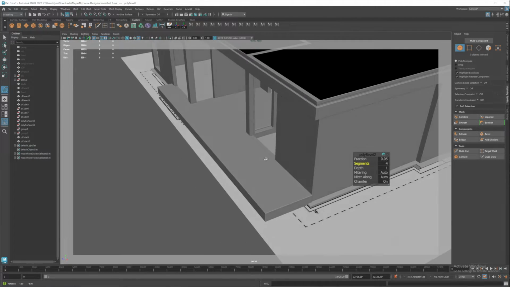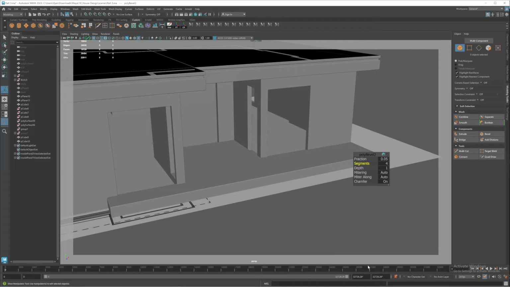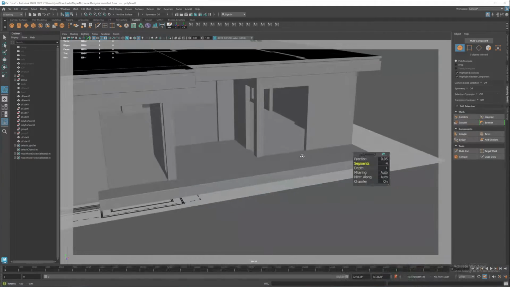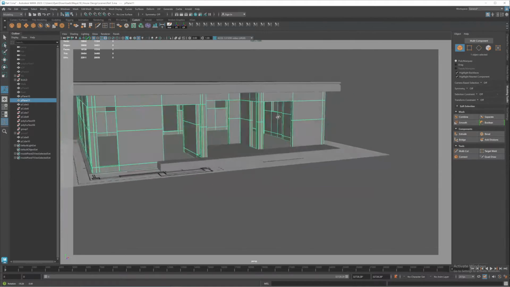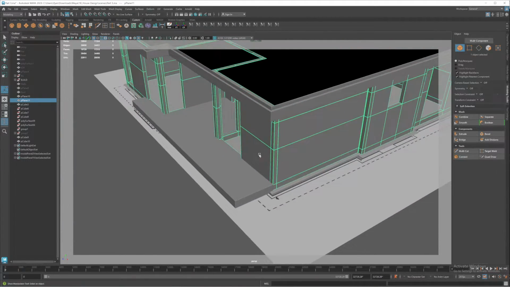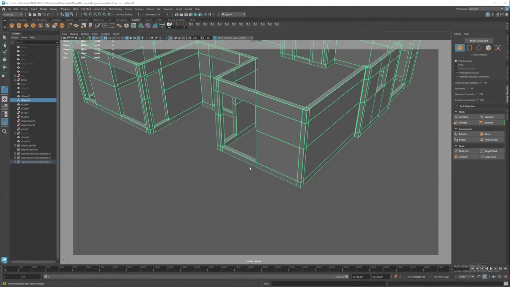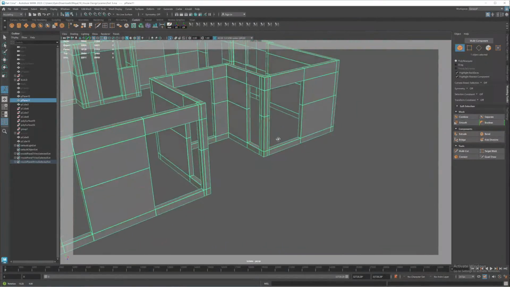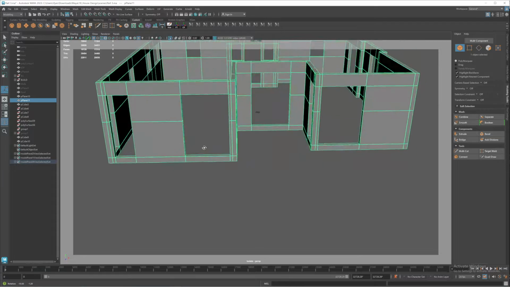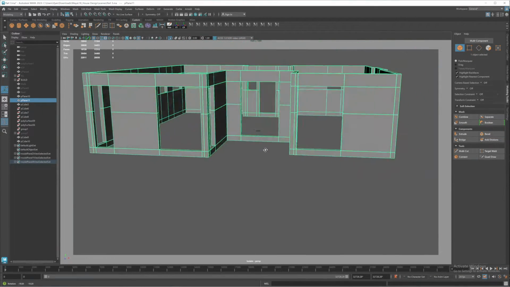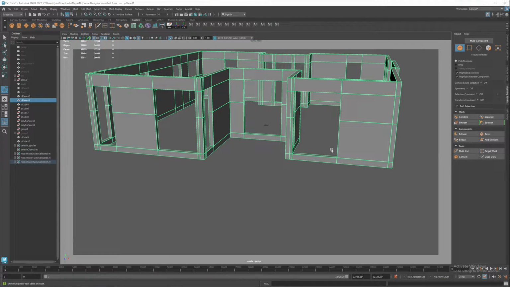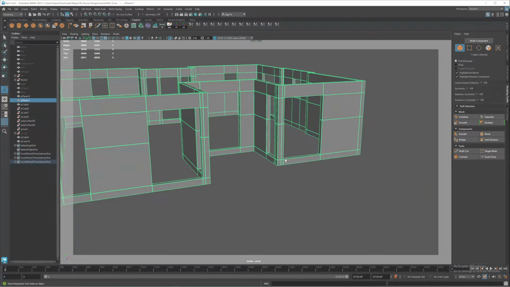We need to move the building. Let's see how it's looking right here. Yeah, you can see we need to move that part up. So what we need to do is we need to grab, probably, let me see, this one, maybe not all of them. Let's see how we can do that,